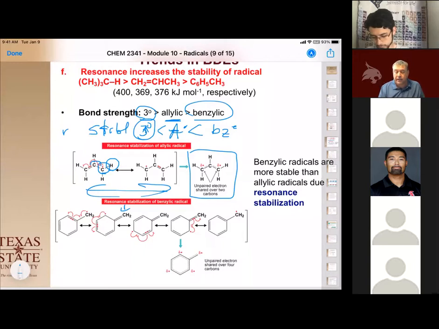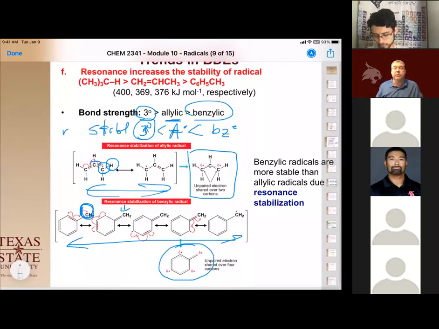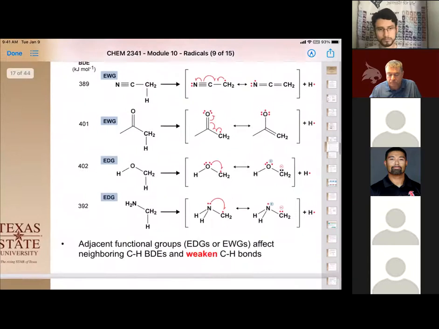Now, notice how many different resonance structures we have with benzene. With this benzylic system, where we create the radical that one carbon off, we can get 5 different resonance contributors, giving us our hybridized structure as having that radical spread over 4 atoms. And that's why resonance increases the stability of radicals as well. Okay, so